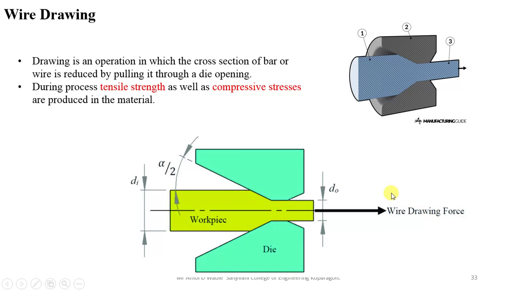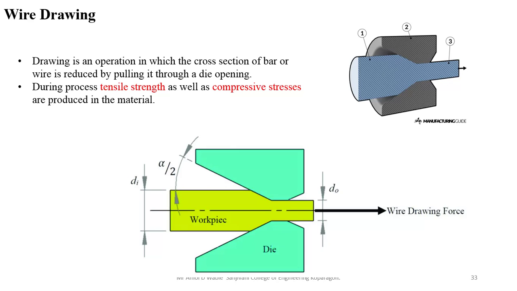Here the roller will be rotated, and as the roller is pulling this wire from this end, tensile stress will be generated in this area, and due to the shape of the die, compressive stresses will also be developed. So during the wire drawing process, compressive as well as tensile stresses will be generated in the material. Drawing is an operation in which the cross section of a bar or wire is reduced by pulling it through the open die